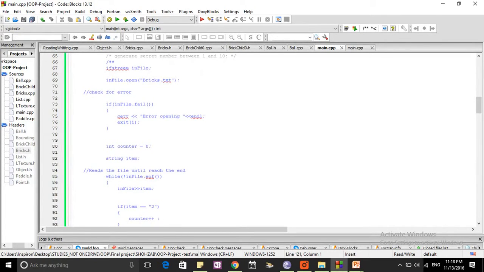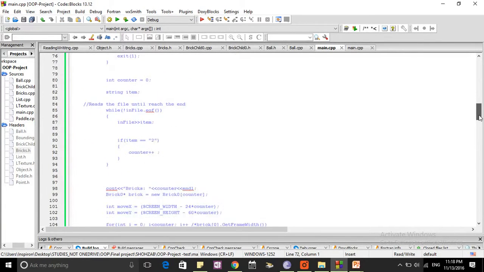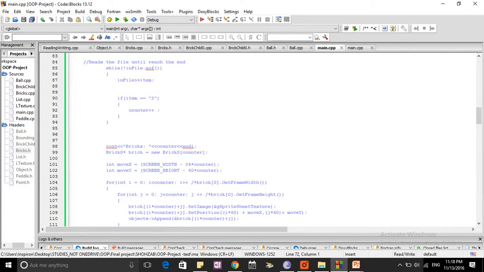I open the file bricks.txt which my user will write into, and I check how many times the number 2 has been written by the user. Because 2 is the type of my bricks, as many times as the number 2 is written into the TXT file, that many bricks were to be generated. As of now this is not being done, so